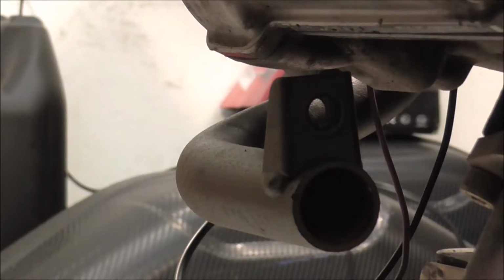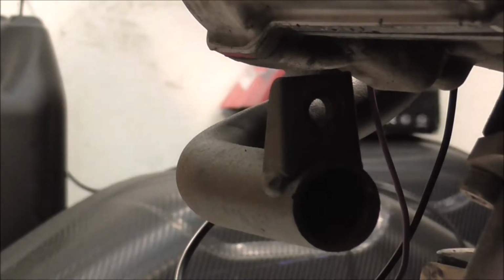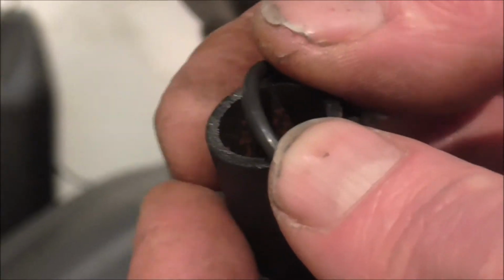So I've ratched out some O-rings, and these were probably O-rings left over from an engine I've worked on, a Harley or something. I usually keep Harley stuff. So just roll the O-ring on. Look at this. Just roll it on